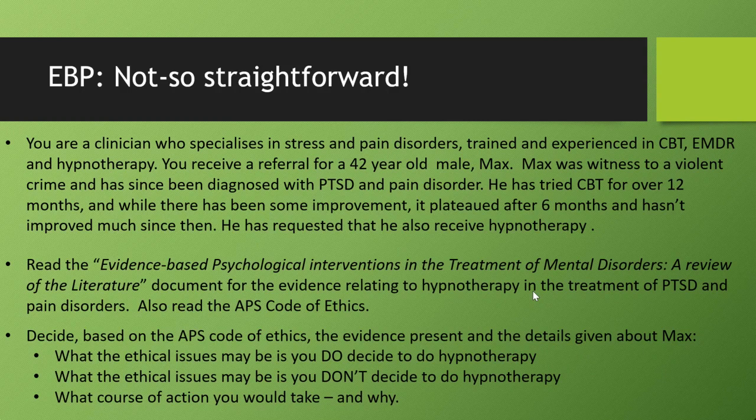So Max has tried CBT for over 12 months, and while there was some improvement, it appeared to plateau and hasn't really improved much since then. And in the referral, he has requested that he wants to also receive hypnotherapy alongside CBT. So what I want you to do is have a read of the evidence-based psychological interventions in the treatment of mental disorders document that I will post. It is one of these summary documents that the APS does put together. Have a read and decide, based on the APS Code of Ethics and what this summary document presents about the evidence,